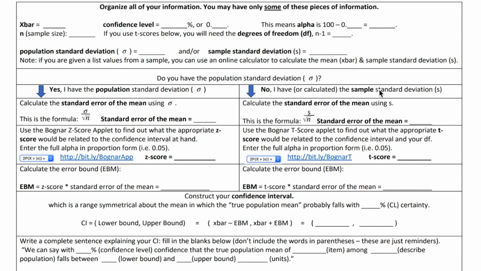Or if you don't have the standard deviation of the population, you either have or you've calculated the sample standard deviation S. So you'll go down this side of the flow chart. So you'll calculate the standard error of the mean but using S, using the formula S divided by the square root of n. So you'll have that value here. You'll go to your Bognar T-score applet,